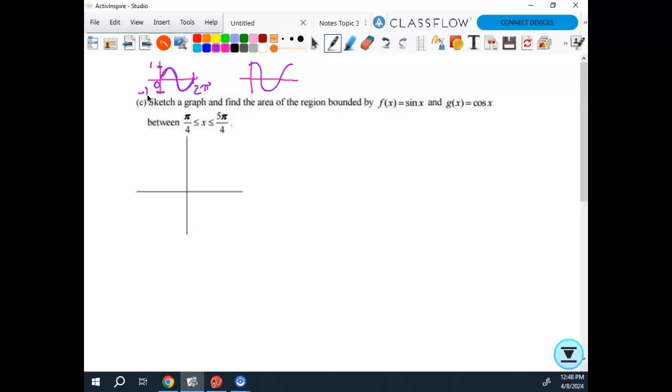Because the biggest sine value you can give me is 1. Smallest is -1. Think of your unit circle. Okay? All right, so we're going to draw that on here. We've got that. Okay? And then let's think about what's actually happening with cosine before we just kind of slop